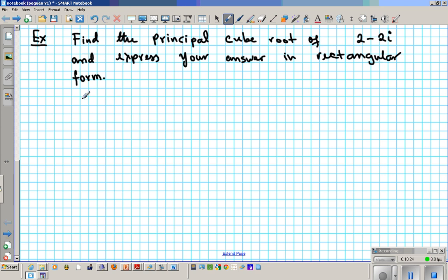So we're finding the cube root, so we're supposed to find 2 minus 2i to the 1/3, right? Before we can apply the formula for principal cube root, a variation of De Moivre's theorem, we have to convert this into polar form. So we're going to find r and theta. r is going to be the square root of a squared plus b squared, which is 4 plus negative 2 squared, which is 4. It's going to be the square root of 8, which reduces into